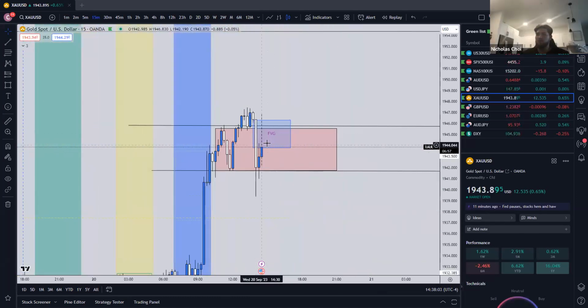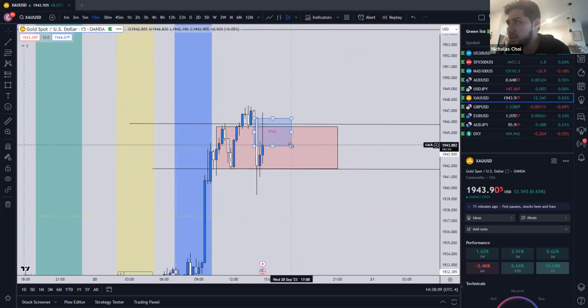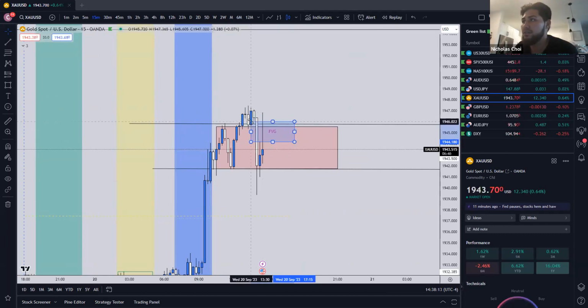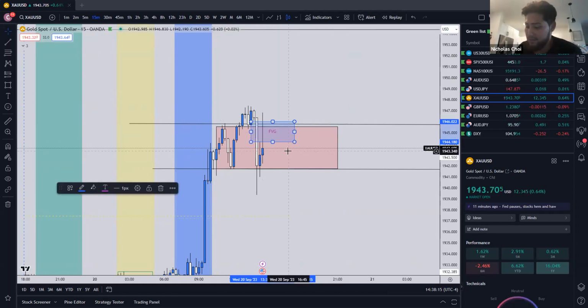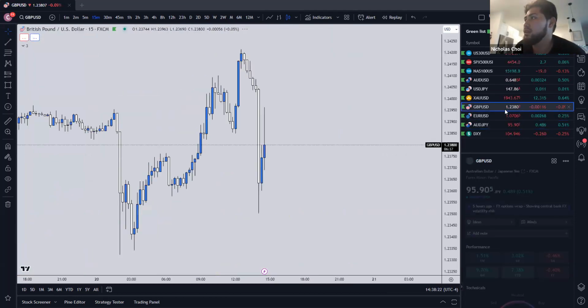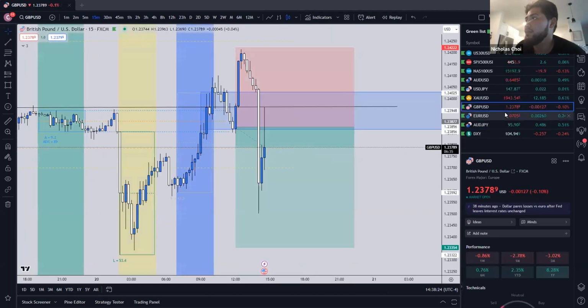I want to see if gold 15-minute will close outside of the gap. So I'm going to clean this up because we anticipated this gap to form and it formed. Let's see if the body candle closes out. I might look to not get in, but to journal it because I've got to respect the risk rules, unfortunately.